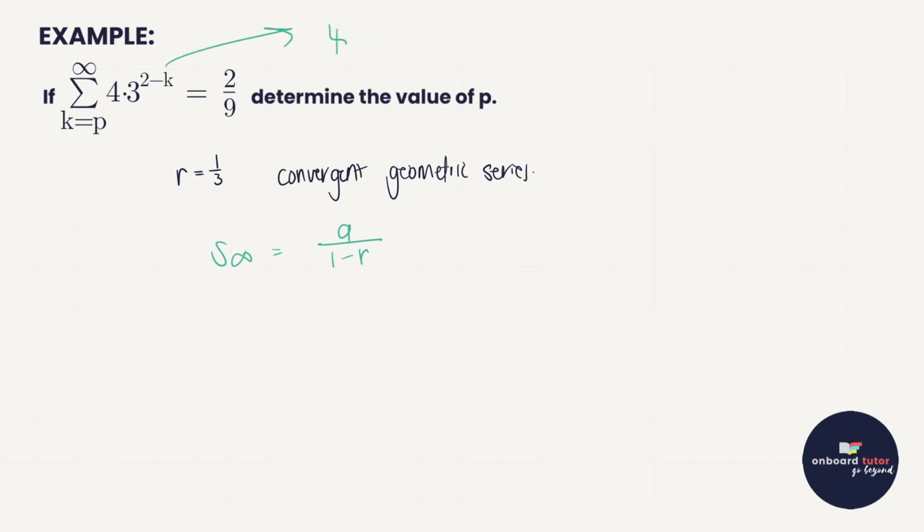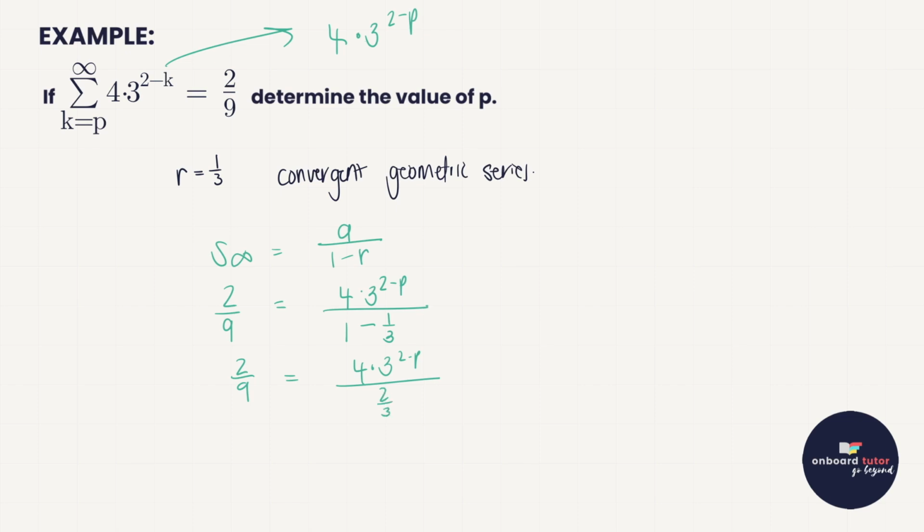So if you can picture that with me, the first term then is 4 times 3 to the 2 minus p. Okay, so let's substitute that in, and what we know is that it's going to equal to 2 over 9. So our first term, 4 times 3 to the 2 minus p, over 1 minus a third. Okay, and now we just need to solve. So 2 over 9 is equal to 4 times 3 to the 2 minus p, over, that's going to be